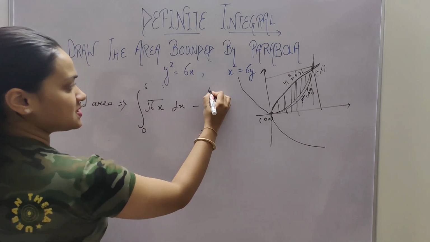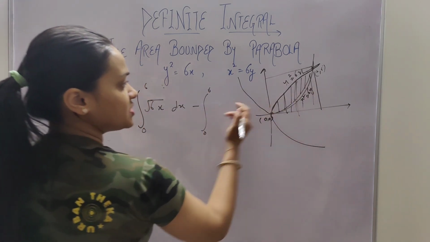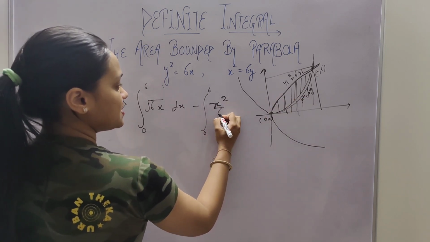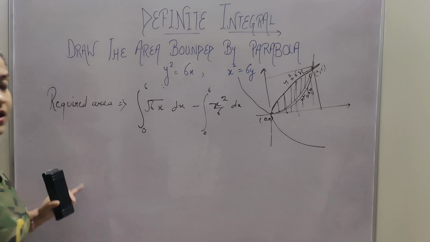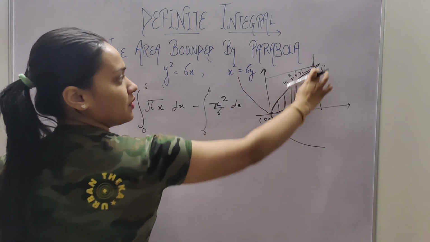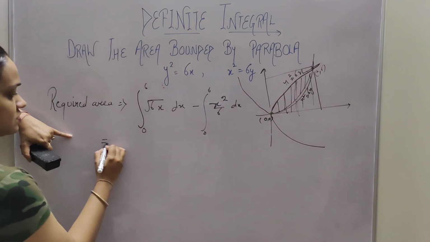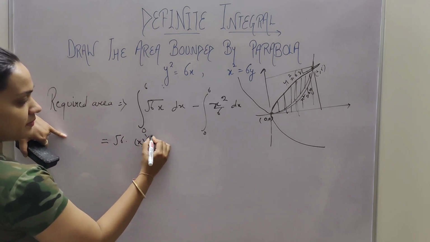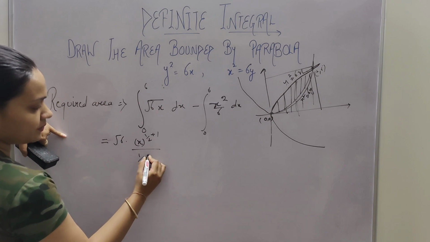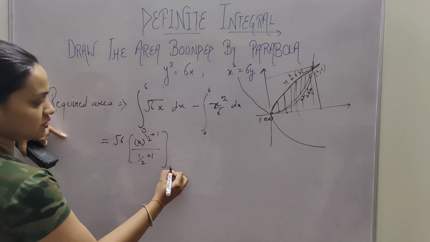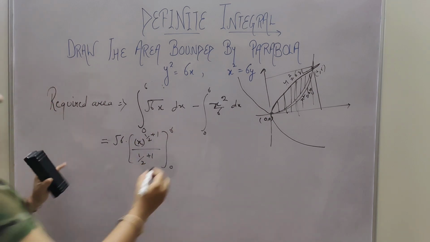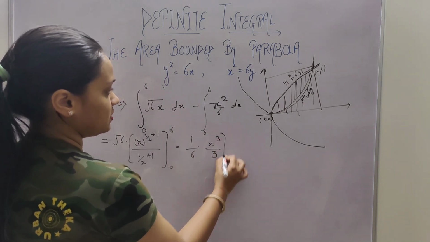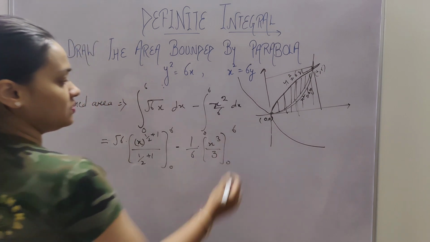minus the integral from 0 to 6 of this parabola, which is x square upon 6 dx. This parabola is deducted from this. So here comes the value. Root 6 is taken as common. 1 by 2 plus 1, that is x to the power 1 by 2 plus 1 upon 1 by 2 plus 1, from 0 to 6, minus 1 upon 6 x cube upon cube between 0 to 6,